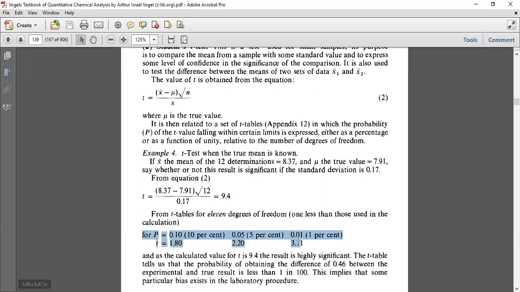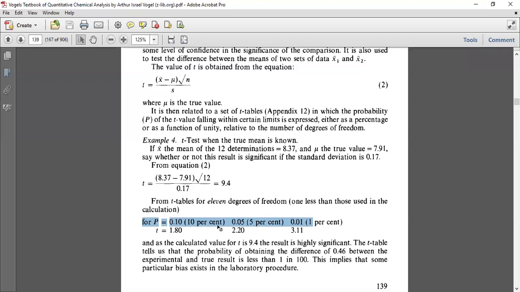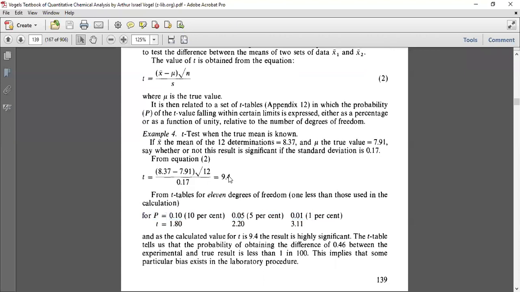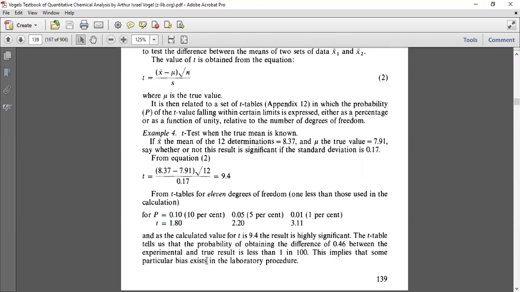So this table you will get in the examination, isn't it? Along with this problem, for example, this is a problem. Along with that, you will get this standard table in the examination. You have to find out the probability. Then what will we do? We will substitute all the values over here, and according to that, we will find the answer, 9.4, isn't it? You have to compare whatever 9.4 value is, that you have to compare against 10% probability, 5% probability, and 1% probability. So what is your observation?